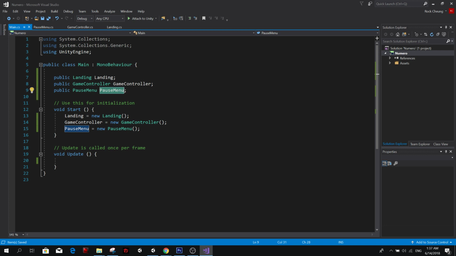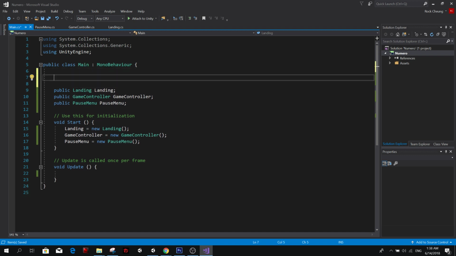You guys might learn something. So basically, we create a new instance of each of these classes that we made. So we always need to access our main class to do everything.